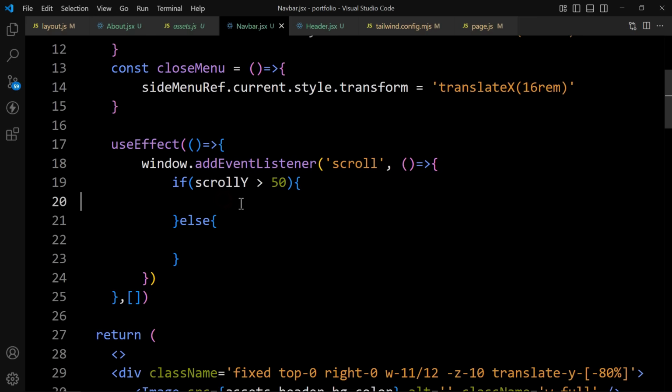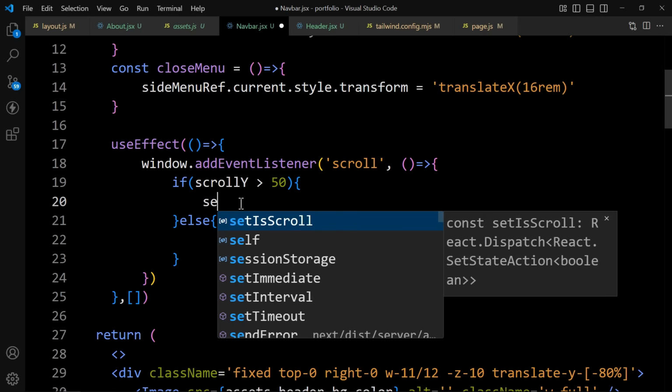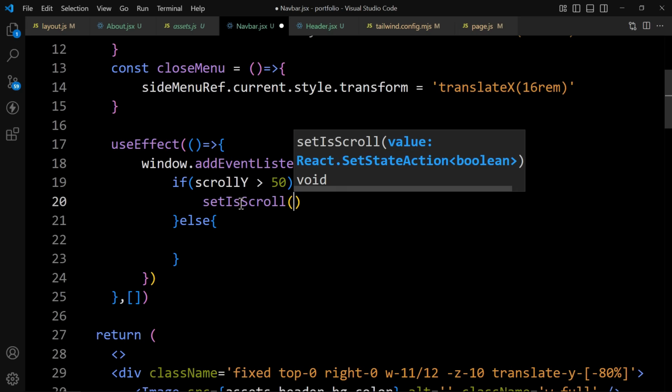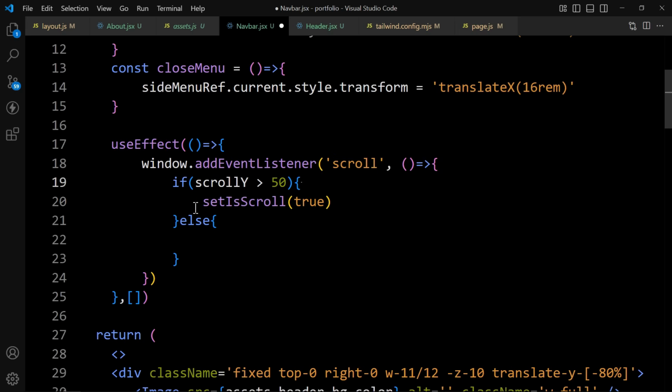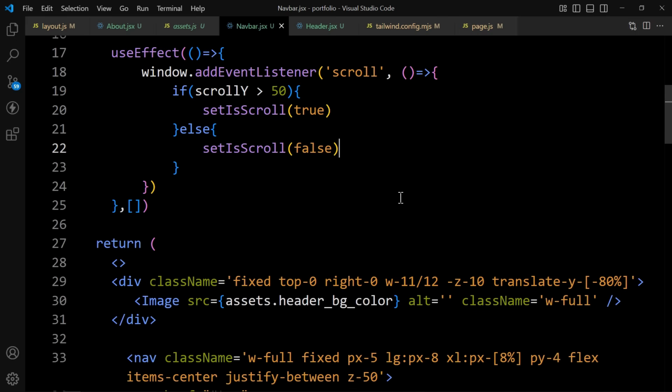Now scroll down, and here we will add the setter function, that is setIsScroll, and we will make it true. When we are scrolling the web page more than 50, then it will make it true, and here let's make it false, right? So now we will get the scroll state, whether the page is scrolled or not. Now based on this state, we will change the CSS properties for the navigation bar. So let's scroll down,